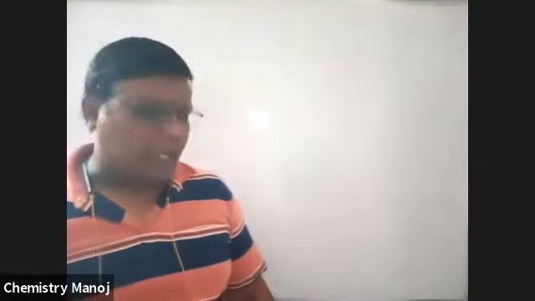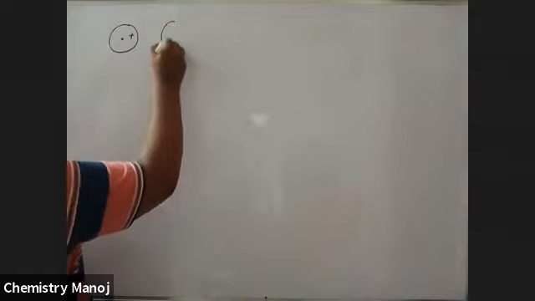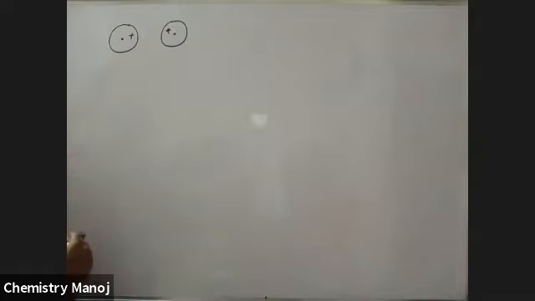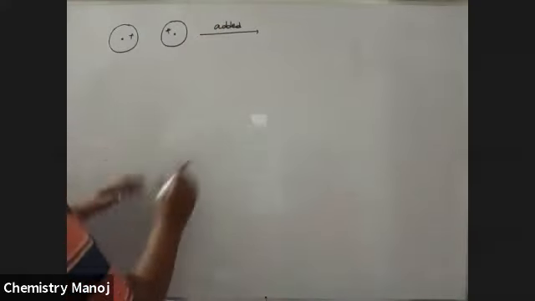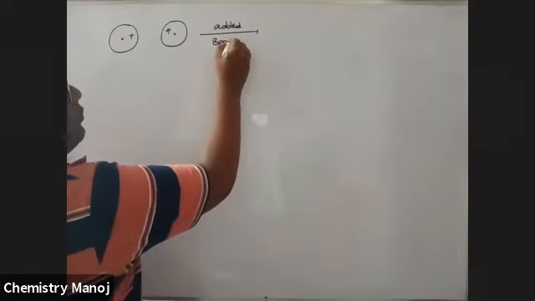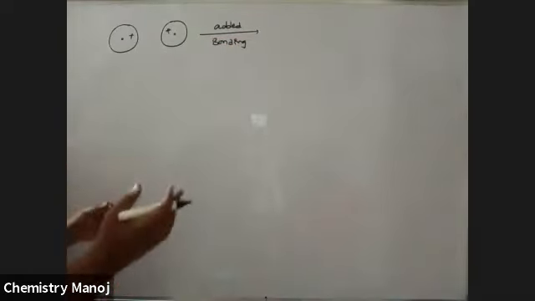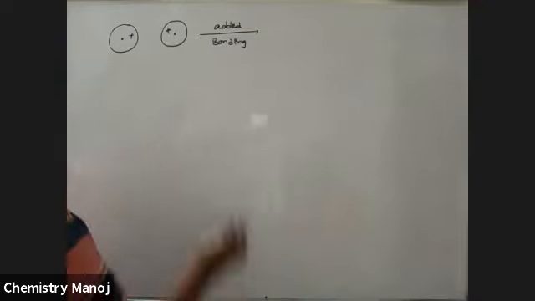Now I am trying to draw bonding orbitals and anti-bonding orbitals. How are these mixed, and what are the shapes of these bonding and anti-bonding orbitals? See here. S orbital and s orbital. This is the nucleus, and this is the positive part of the s orbital. It is another s orbital with its nucleus, positive part. So these two are added. Addition gives bonding orbitals. Subtraction gives anti-bonding orbitals.